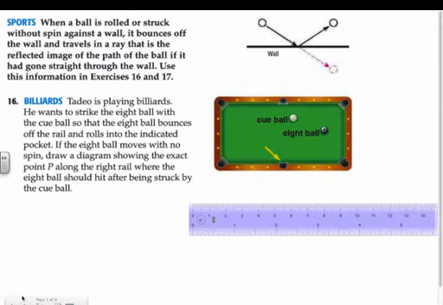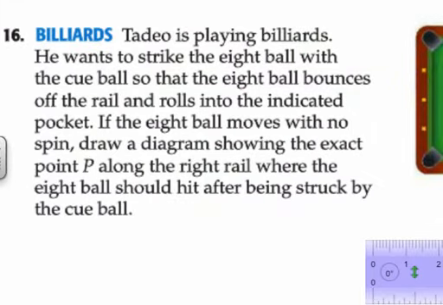Okay, this is actually used in billiards. So if I think about this, it says Tadeo is playing billiards. He wants to strike the 8-ball with the cue ball. So the 8-ball bounces off the rail and rolls into the indicated pocket, shown by that yellow arrow. The 8-ball moves with no spin. Draw a diagram showing the exact point P along the right rail where the 8-ball should hit after being struck